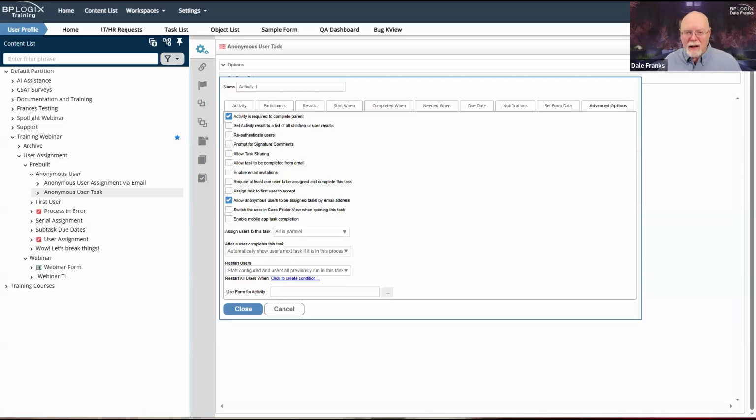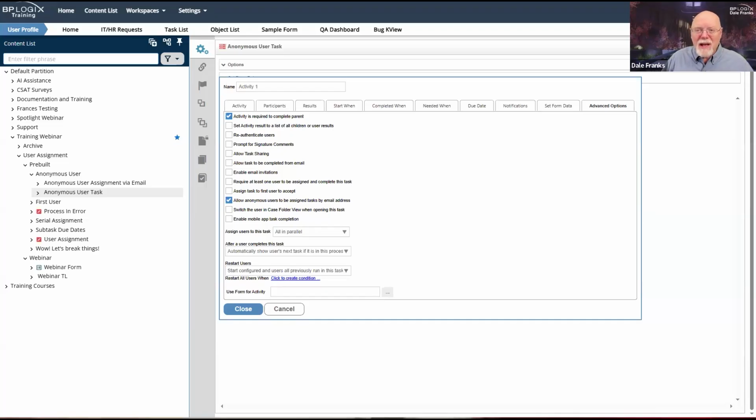Unlike an authenticated user who can only access the system when they're logged in, and I have access to their entire identity and all of the other stuff, and I can easily track what it is they do on the system, that's not true for anonymous users. So anonymous users need to receive a special task context variable inside the email URL that is included in your email template.